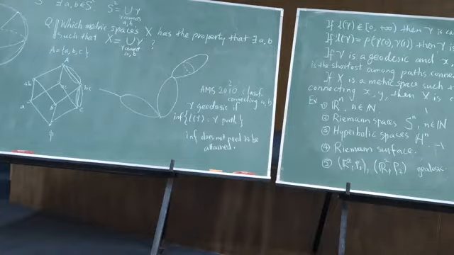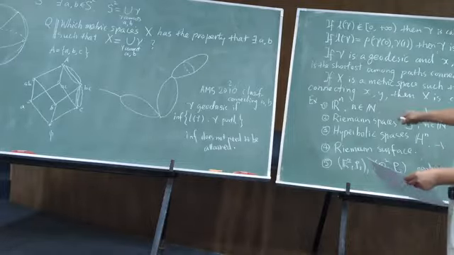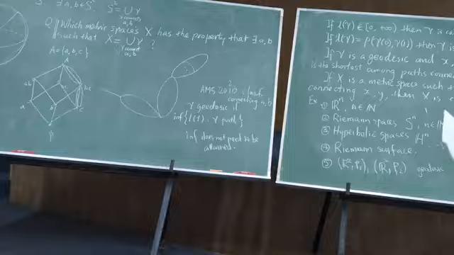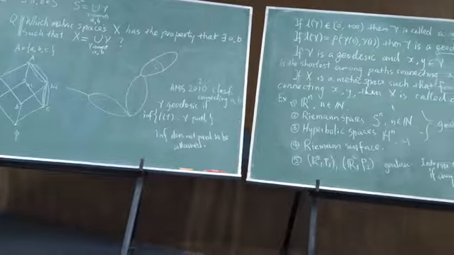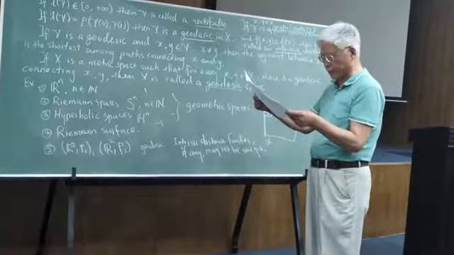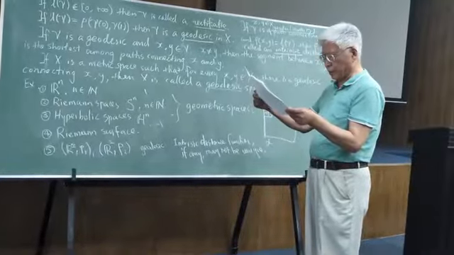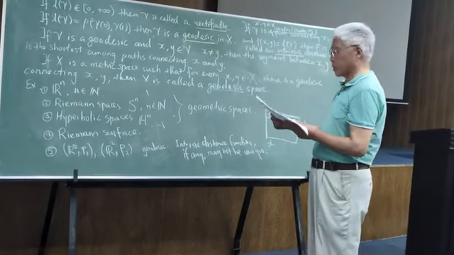So for a geodesic space, the infimum will always be attained. Yes, if it is a geodesic space. If the geodesic equals the infimum, yes. For a geodesic space, it will be the infimum. So the geodesic space is simply defined by the infimum being attained. And if there is a